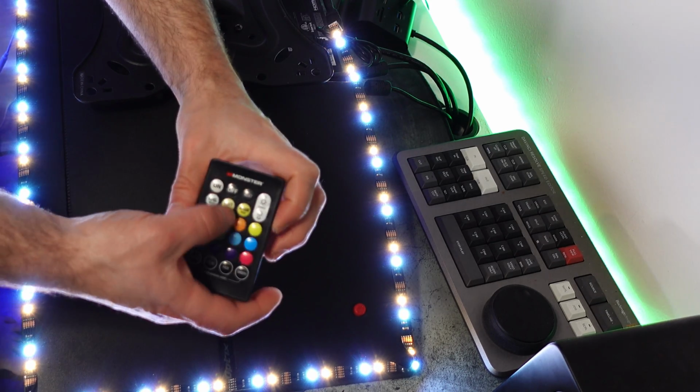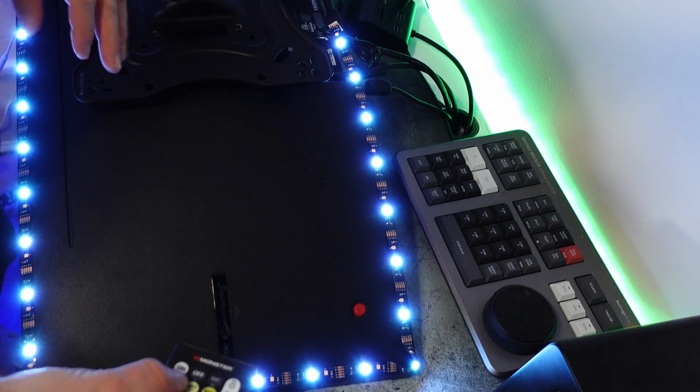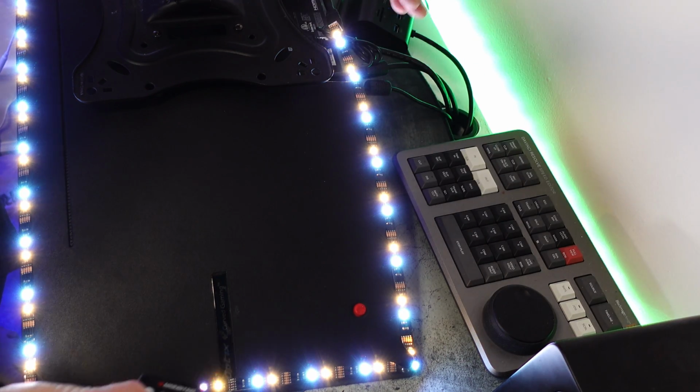Okay, let's check out Cool White. There's Cool White. It's a bluish white for anyone that wonders. Cool means blue. Soft white